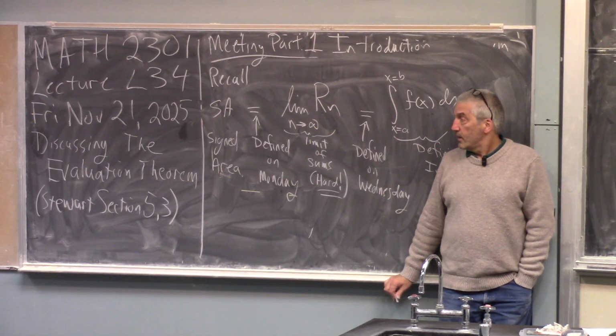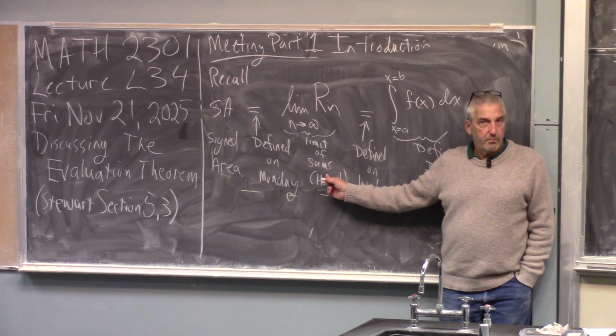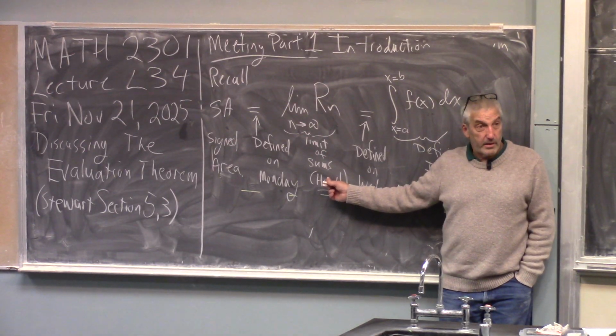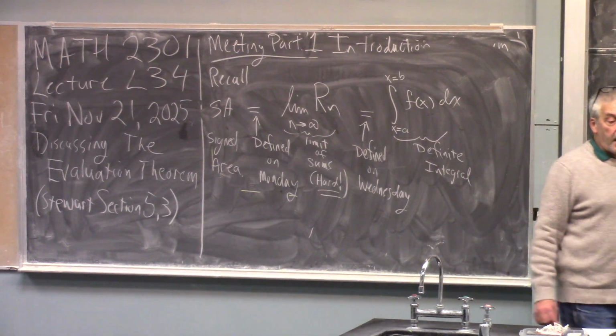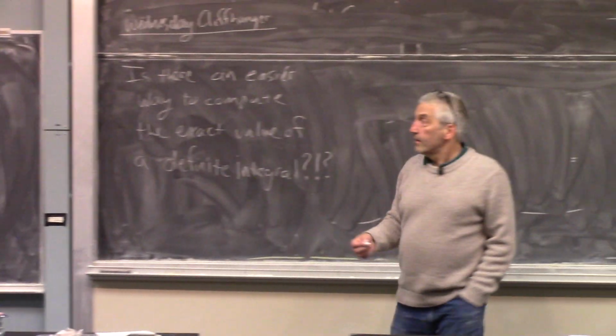Now, the cliffhanger was, by the end of Wednesday, I pointed out that computing these limits is really hard. It's kind of above the level of what we're going to do in this course. It's possible, it's in our book, and it's one of the hardest things in our book, but even that is kind of a baby version of the topic. So the question at the end of the hour was, is there an easier way to compute the exact value of the definite integral? So the answer is